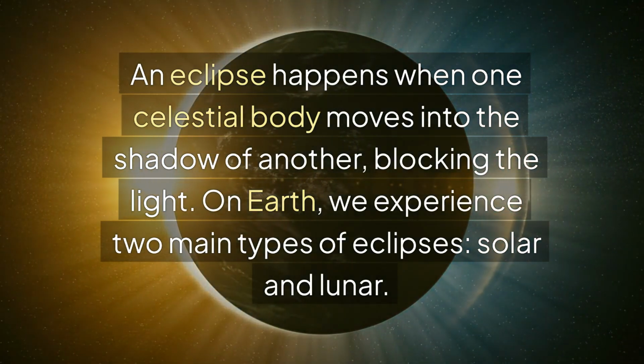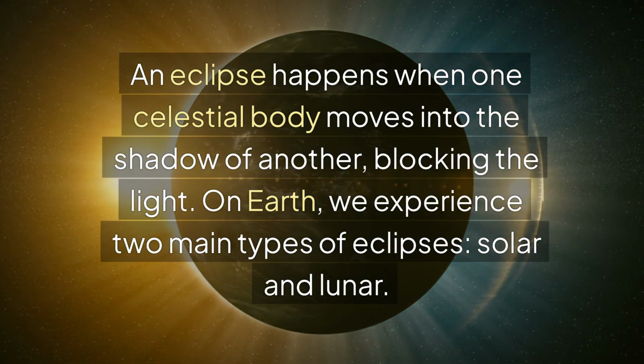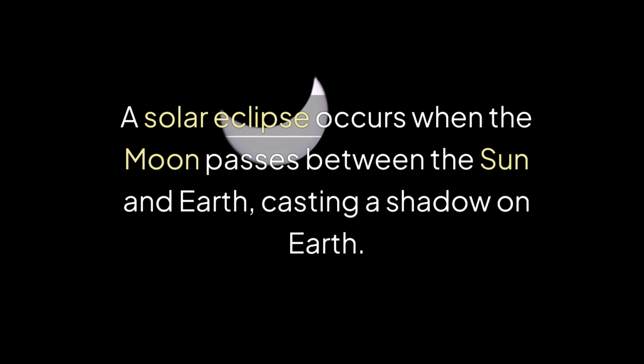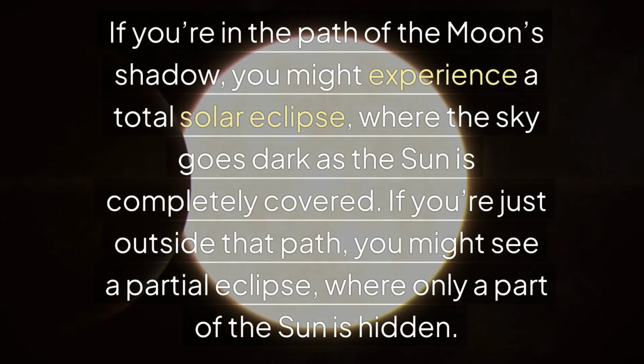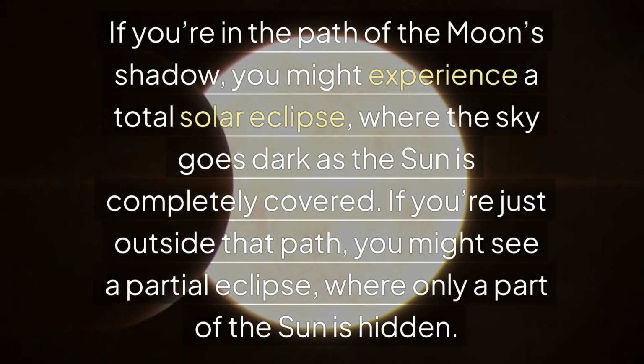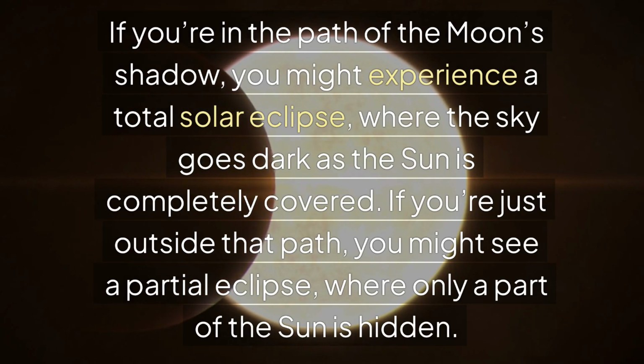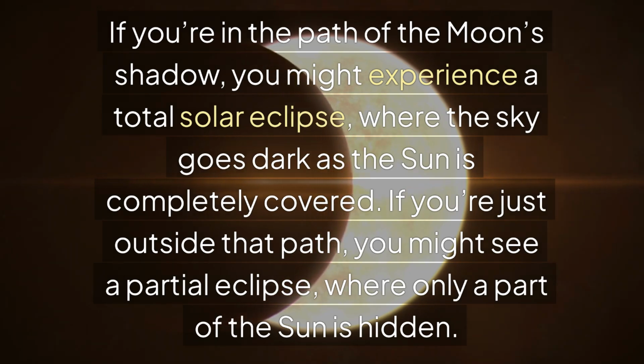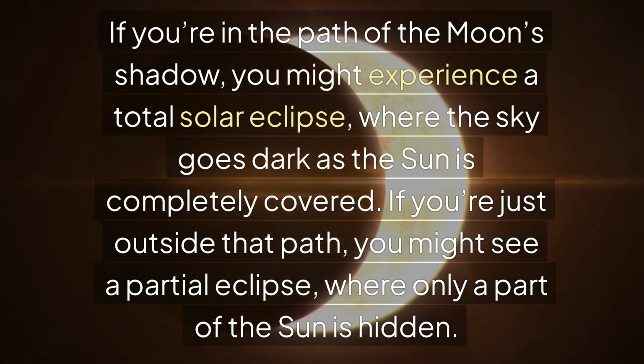On Earth, we experience two main types of eclipses, solar and lunar. A solar eclipse occurs when the moon passes between the sun and Earth, casting a shadow on Earth. If you're in the path of the moon's shadow, you might experience a total solar eclipse, where the sky goes dark as the sun is completely covered. If you're just outside that path, you might see a partial eclipse, where only a part of the sun is